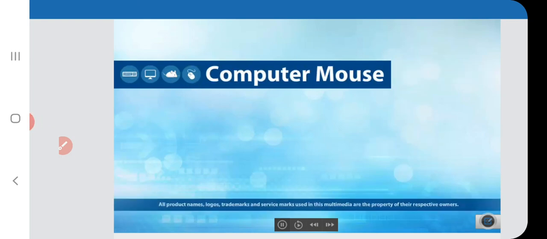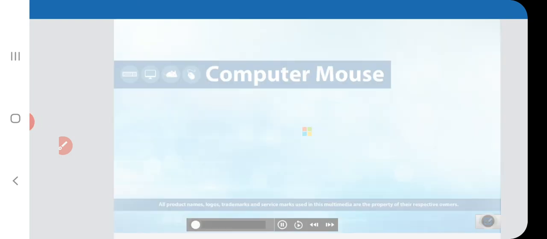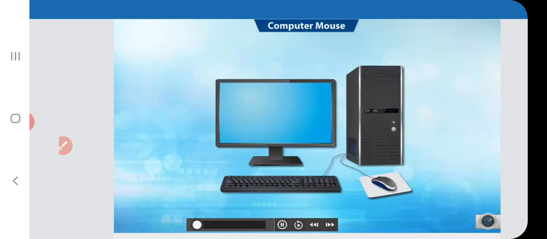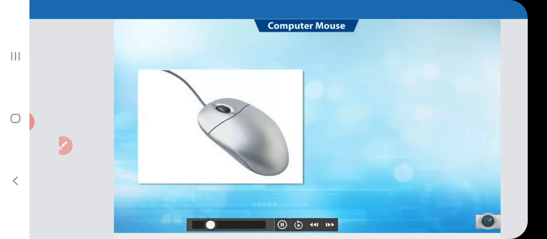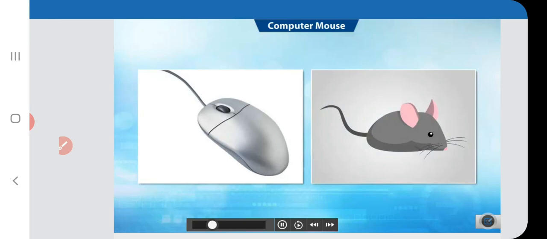Now here is another video that is based on dragging of the computer mouse. A computer has many parts like the CPU, monitor, keyboard, and the mouse. A computer mouse looks like a real mouse. It has a long